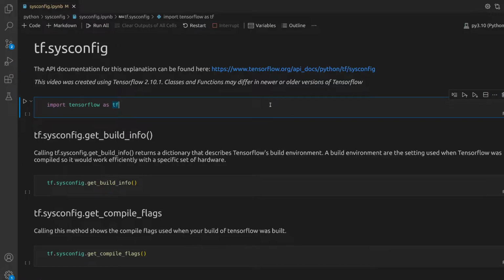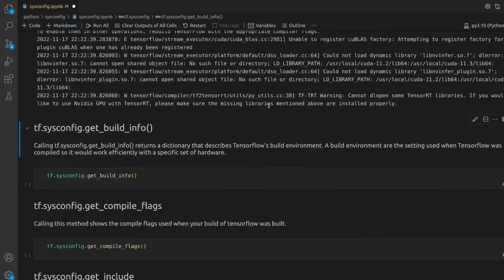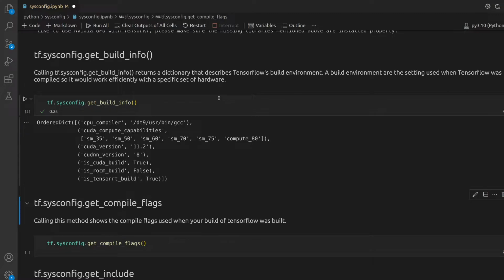So right at the beginning here, we are going to begin by importing TensorFlow. Now we are going to look at the first function that they have there, sysconfig.get_build_info. This returns a dictionary of TensorFlow's build environment. The build environment is the settings TensorFlow was using when it was compiled, so it would work on specific hardware. If you've ever built or compiled TensorFlow from source, it will actually take you through a process asking you